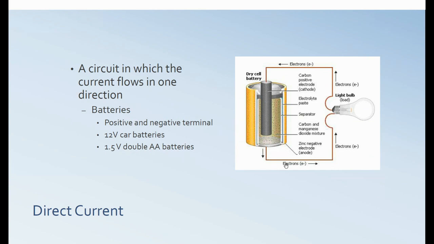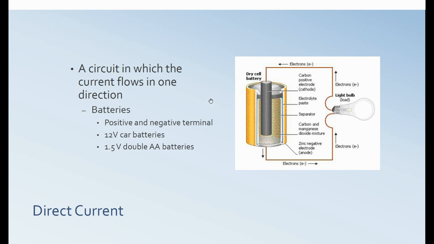We can have two ways that current can flow through a circuit. The first way we're going to talk about is direct current. This is a circuit in which the current flows in just one direction, and this is typically seen in things like batteries. In batteries, the electrons come out of one pole, go through the circuit, and then, as we see in this picture, light up the light bulb, and then return back to the battery